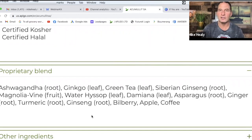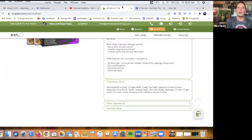A nice thing about products like this is you can actually go do individual independent studies yourself on each one of these roots, these leaves, these botanicals, and you'll see all of the science behind them independently. These guys have figured out how to make this stuff work at its highest capacity. So in a nutshell, what's happening is with the technology, the SA Accumulate technology, is they are